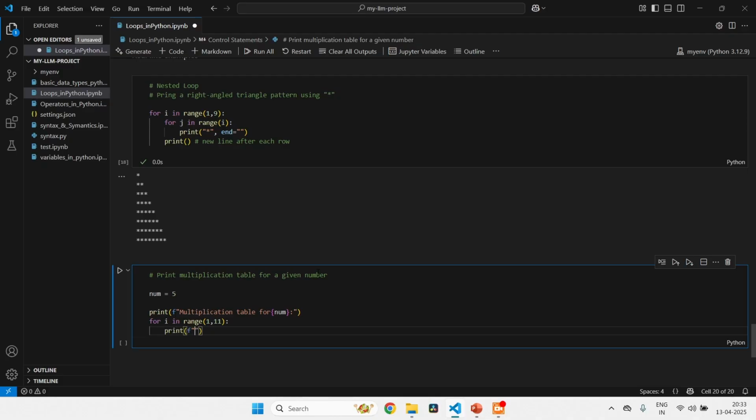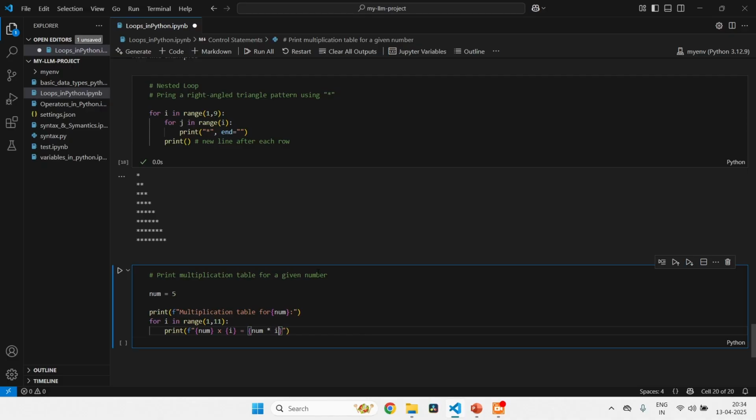So I'll say f, and then I'll use curly bracket, and I'll say num, and I'll use x here, num into, and here I'll say I, right? So there will be multiple iterations, and it will multiply each iteration here, and then I'll say equal to, and then again I'll use curly bracket, and I'll say num star